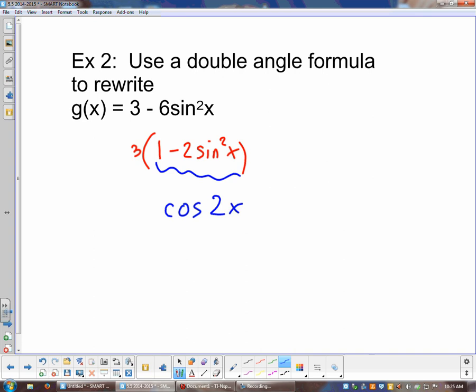Is this on your gift? Okay, so, all right, so